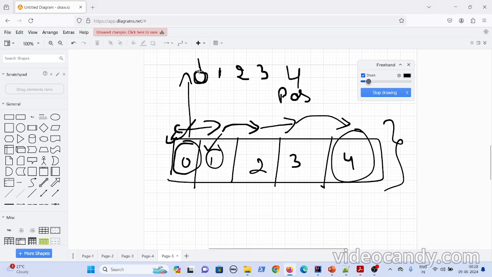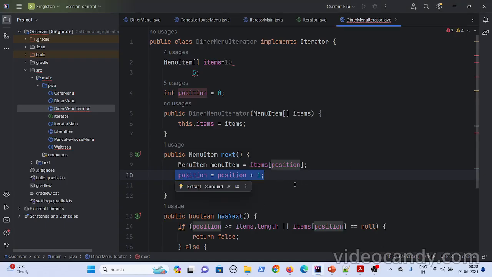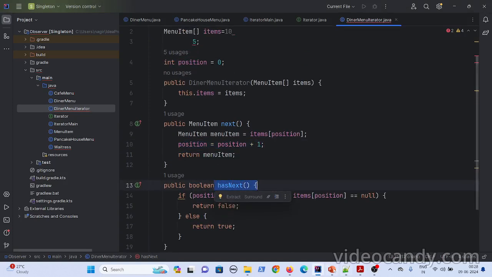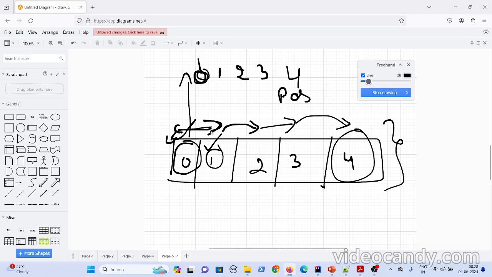After giving this element, it moves the cursor by one position. The same thing I have told you. The next time, it will run this hasNext, it will return true, and then it will give the element at which the cursor is pointing to.